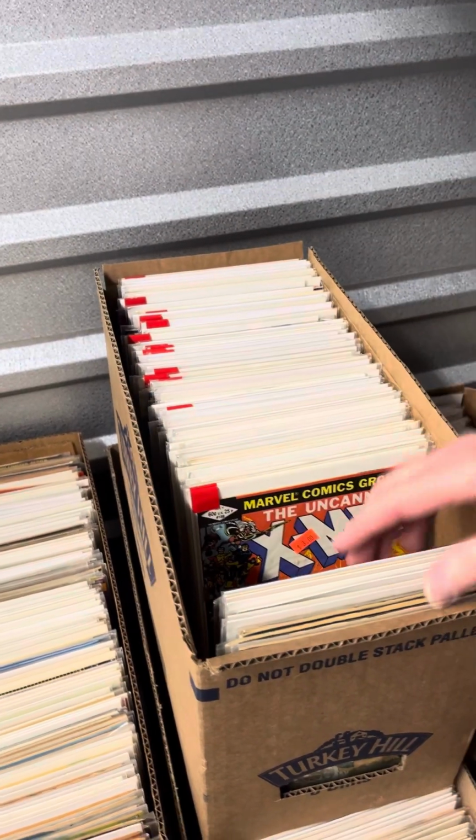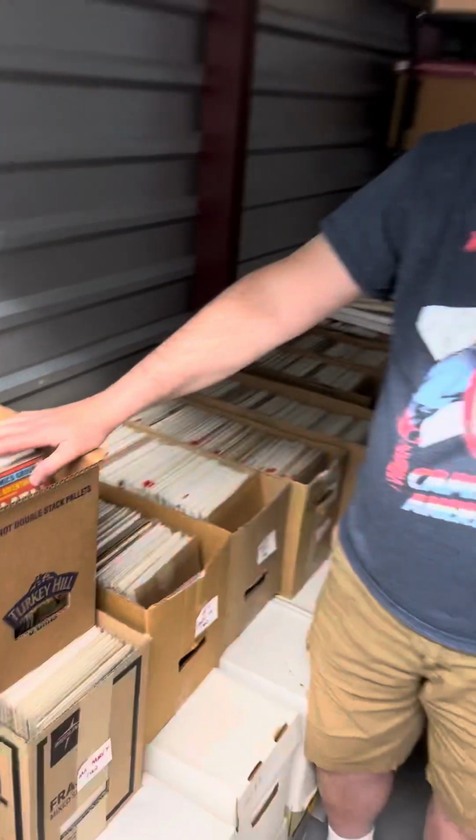So as you can see, the early issues I don't have a ton of, but I do have a pretty good selection. I have multiple copies of a lot in the 250s, 260s, and into the 280s. So if any of that stuff is of interest to you, or you want to hear more about X-Men, I do have more, and I will make another video at some point with more X-Men. But for now,